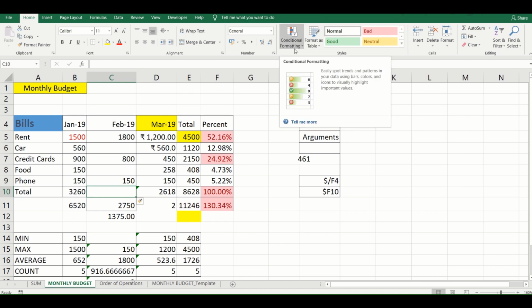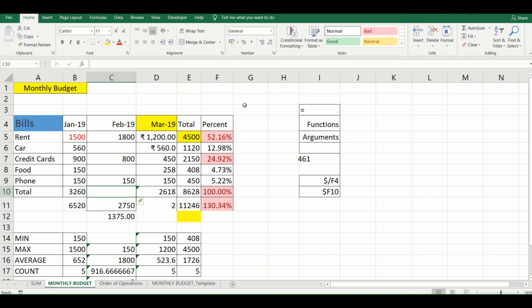So conditional formatting, as the name suggests, you give some conditions based on which your formatting changes. For example, if in